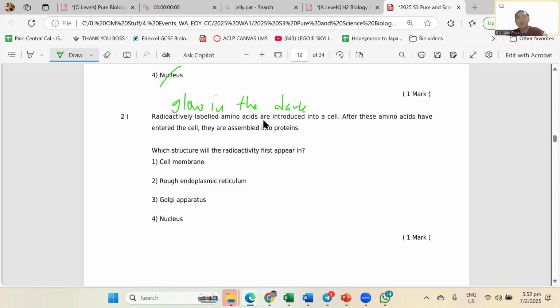So this question is just asking you, if my amino acids were to move, where would they appear? The question will be where they appear last, where they appear first, where they don't appear. Let's look over here. Where will it appear first? This is linked to protein synthesis. Then I need to recall, what are the structures that synthesize proteins? It is my ribosome.